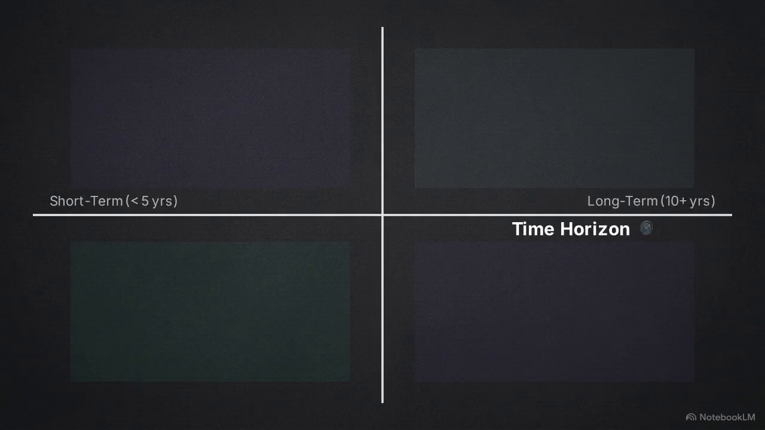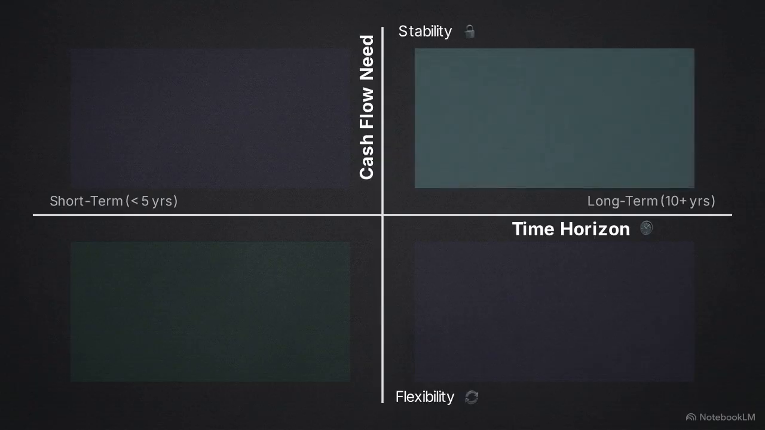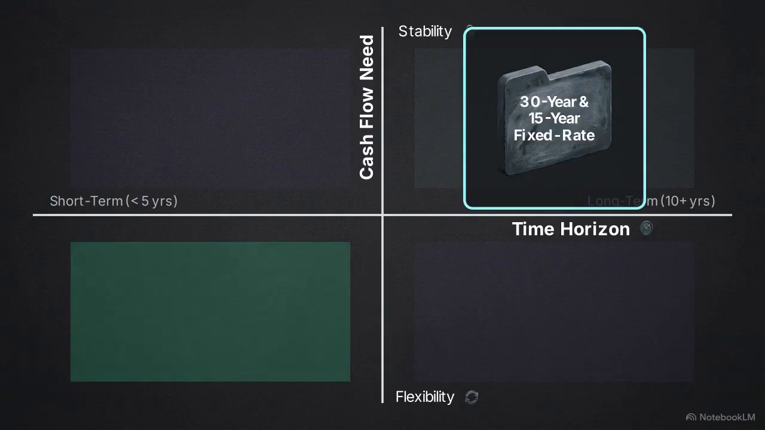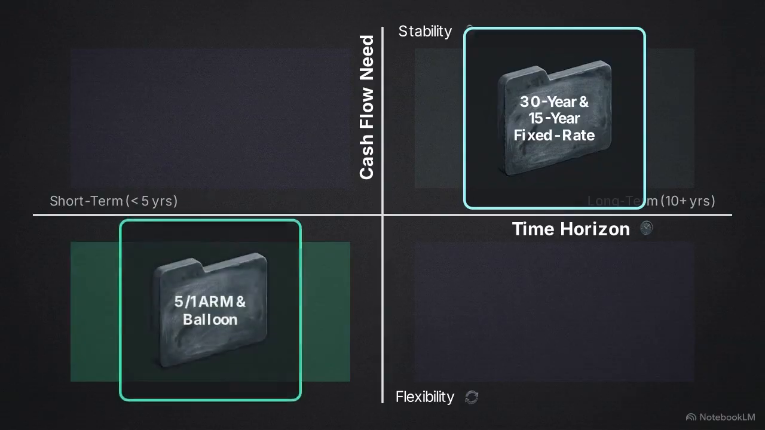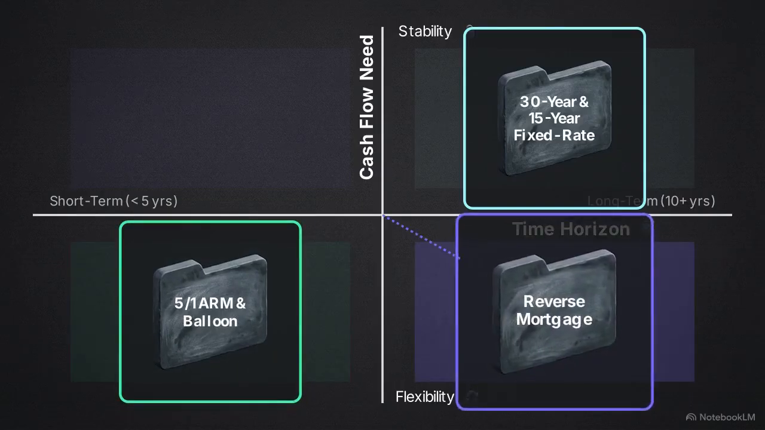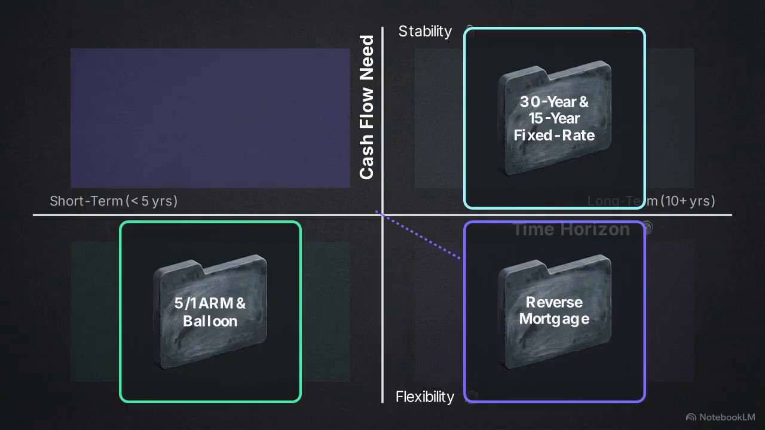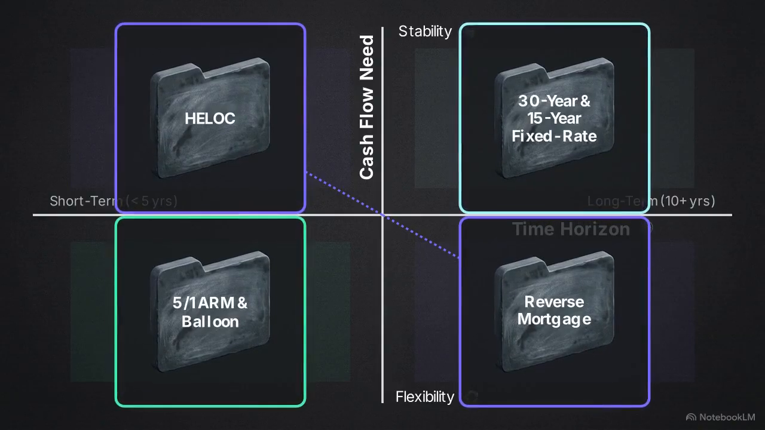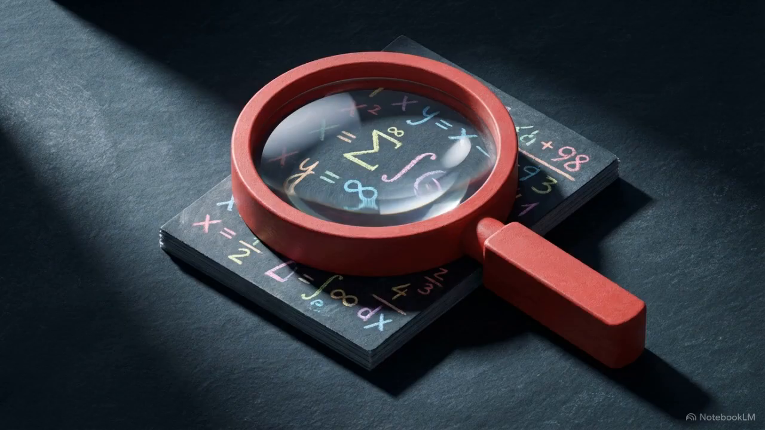x-axis, and their cash flow need on the y-axis. Borrowers staying 10 years or more who need predictable cash flow belong in the top right. They are best protected by 30-year or 15-year fixed-rate mortgages. Borrowers who are guaranteed to move or refinance within 5 years map to the bottom left. They are mathematically suited for 5/1 ARMs or balloon mortgages to capture early savings. Older borrowers needing cash without monthly payments fit reverse mortgages, while younger borrowers who need rolling capital for renovations align with HELOCs. Never match a short-term variable product to a long-term borrower without calculating and clearly disclosing the fully indexed